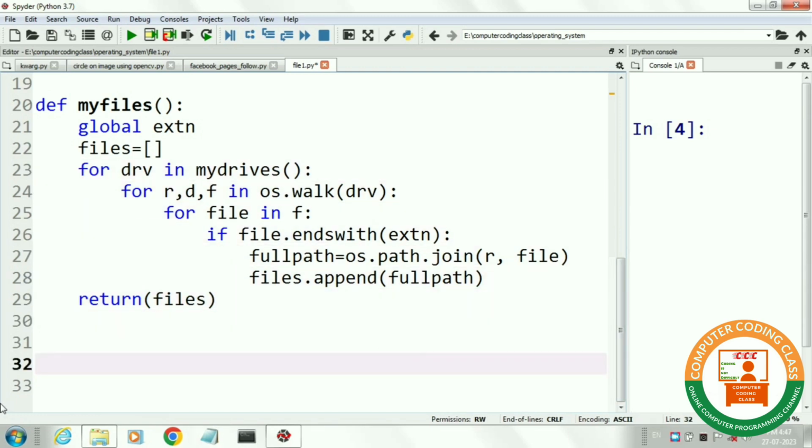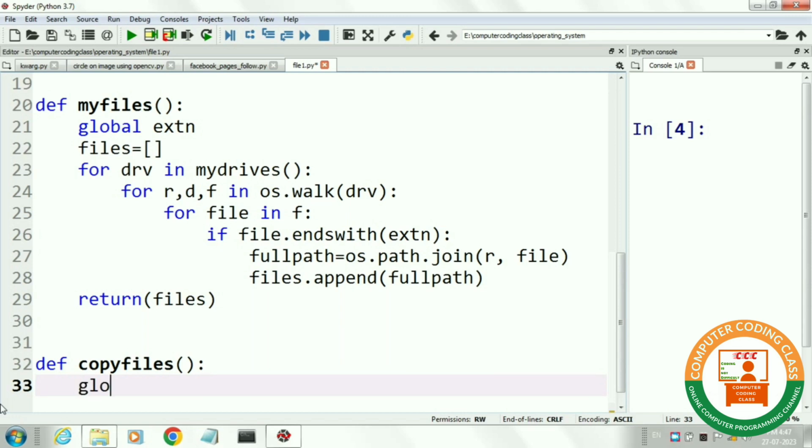Next, we will create a user-defined function named copy files that will copy all the files with correct extension to destination folder. In this function, first we will declare destination folder variable as a global.